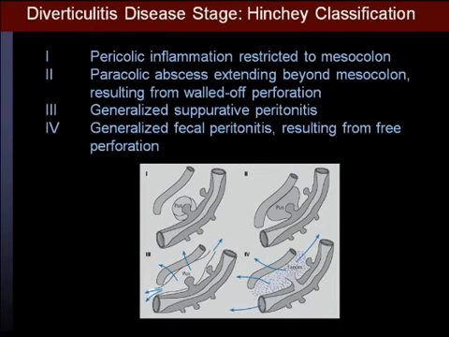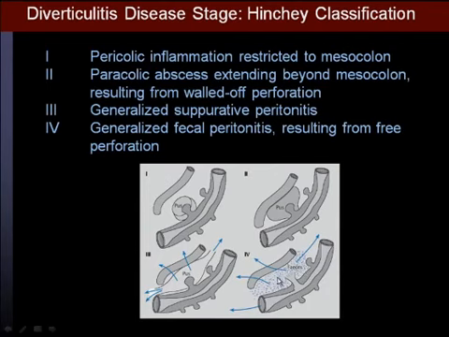And here are the 4 stages. Patients who show a mass lesion, an abscess, then ideally, if the abscess is more than 4 centimeters, one can perform a percutaneous drainage, while if there is free fluid indicating peritonitis, then these patients require immediate surgery and